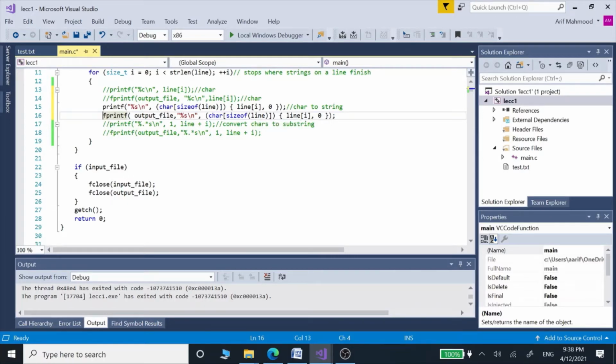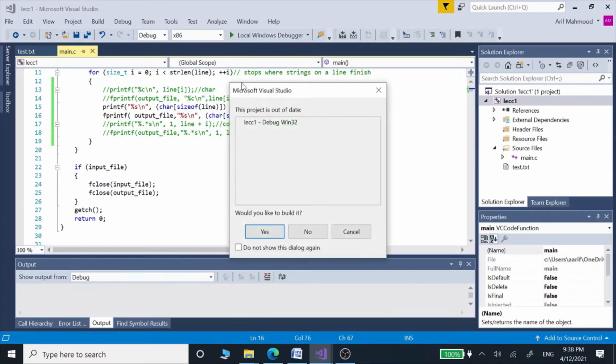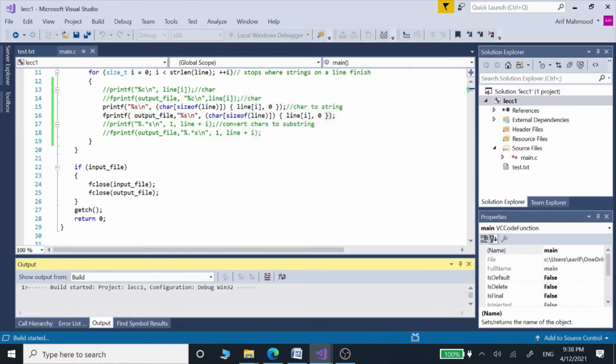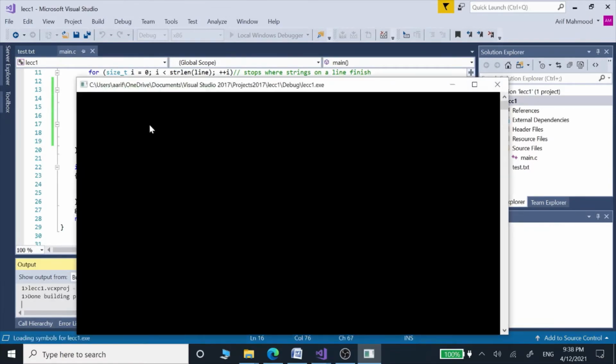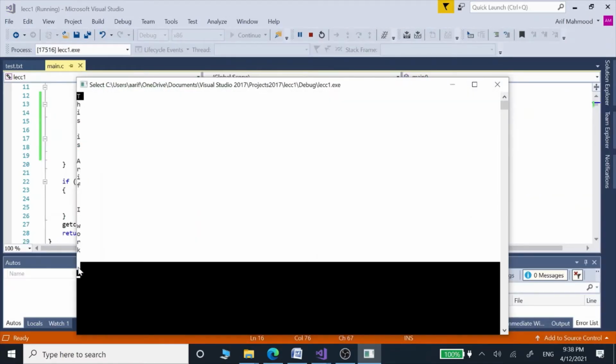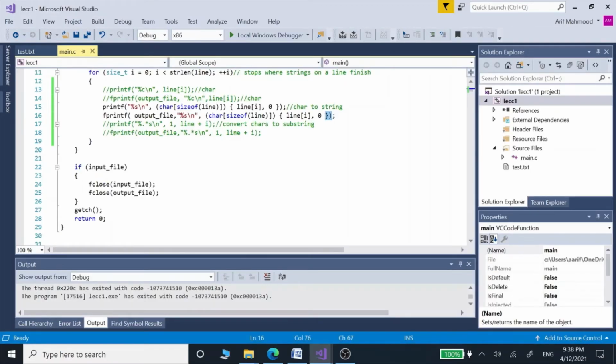So this is the way we can convert our chars into strings in C. So let's build and run this program. These are now actually of type string, not char, because we have converted our char type to string using these code lines.